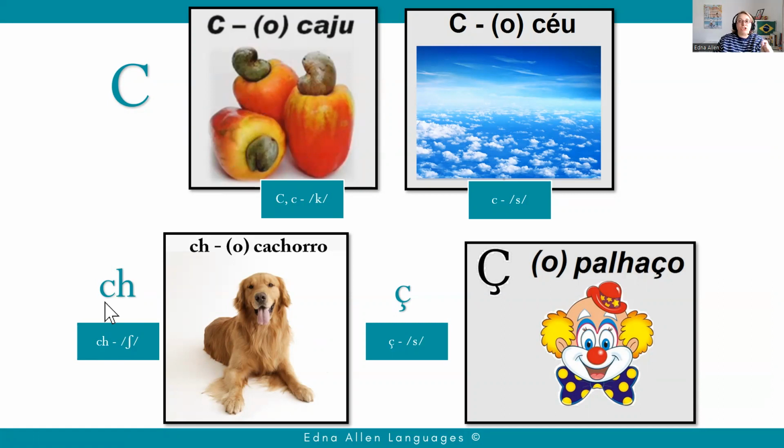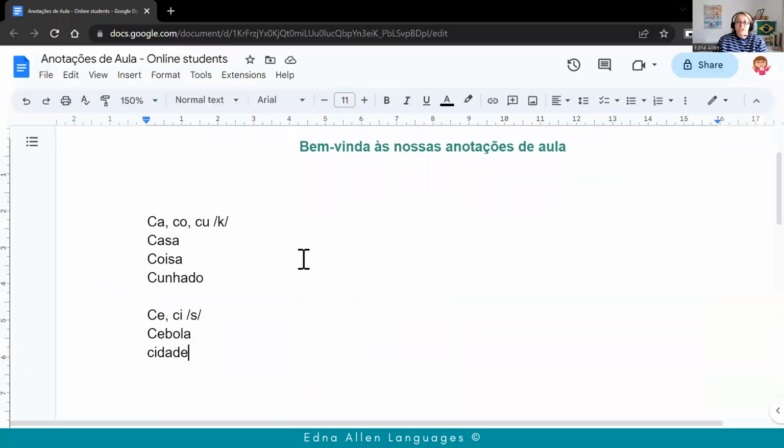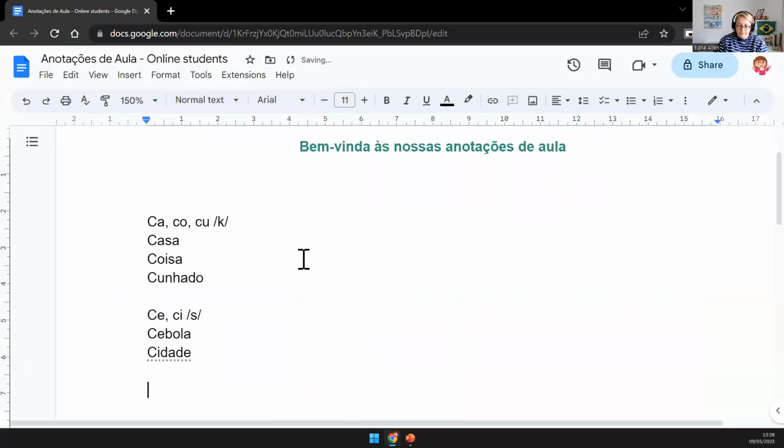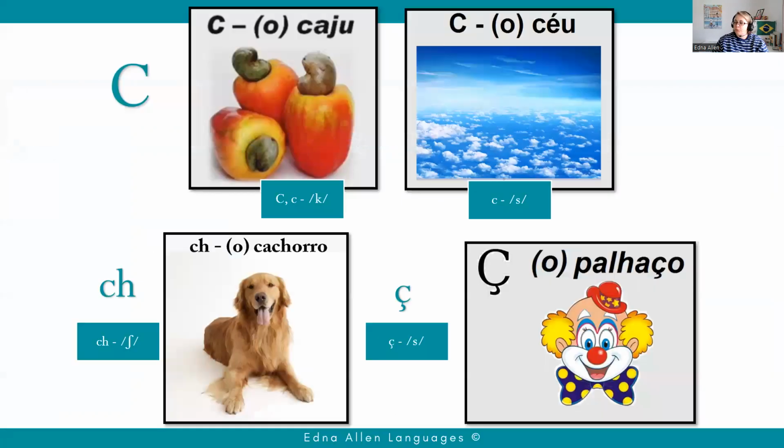Como o cachorro, né? If we say chuva, we would say it this way. Chuva, the rain. Chuva, rain. Certo? Agora, quando o C vem com C cedilha, so if it's a C cedilha, the sound will always be